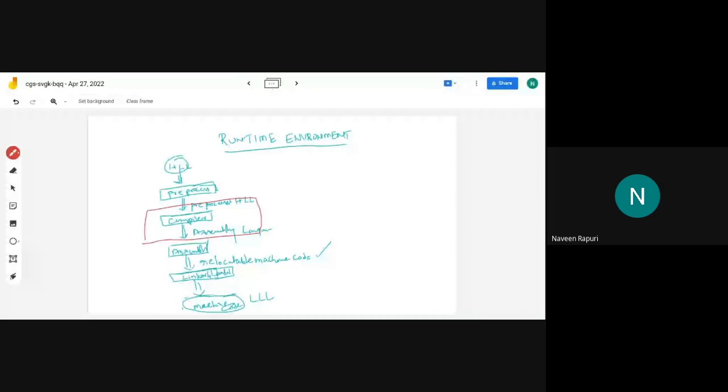Sir, what is this runtime environment? Runtime environment is nothing but the time of program execution. Program execution. So is there a link between the compiler and the runtime environment? Yes, there is some connectivity between the runtime environment and the compiler. So we need to discuss what kind of connectivity the compiler has at the time